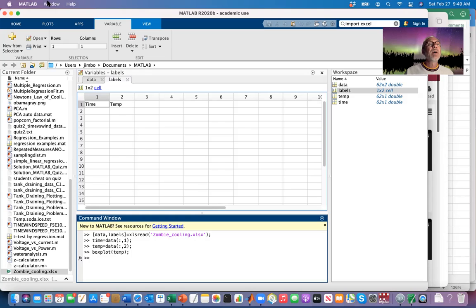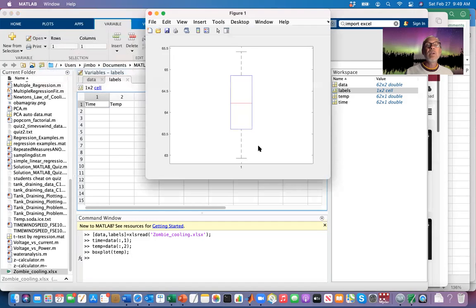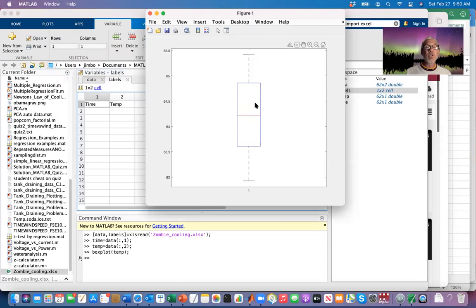Okay, Matlab thought a little bit, and I can look at the figure, and we can see that our temperature varies from a low of a little below 63 to a high of about 65.4. The median, that red line, is about